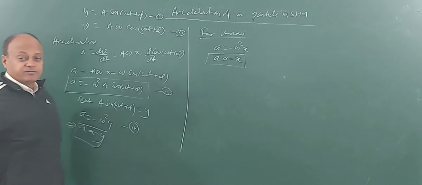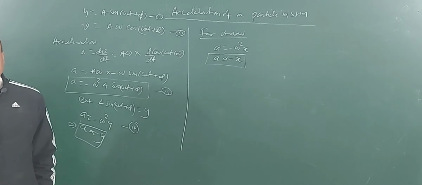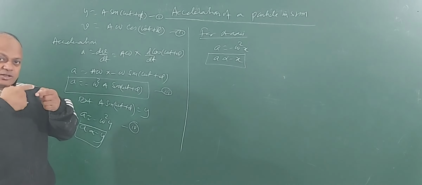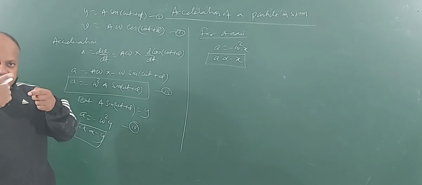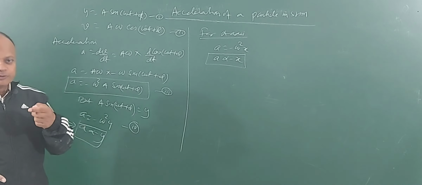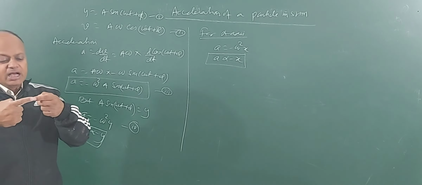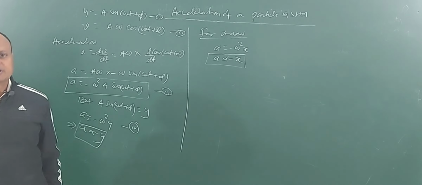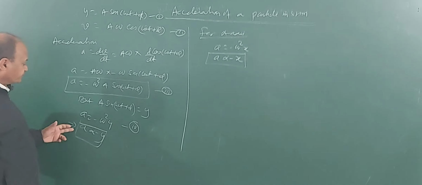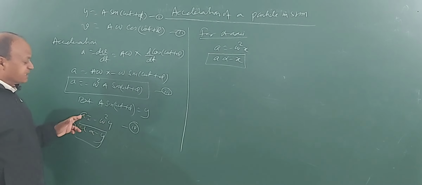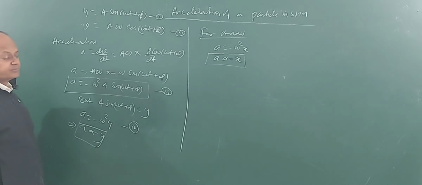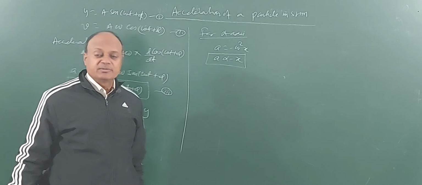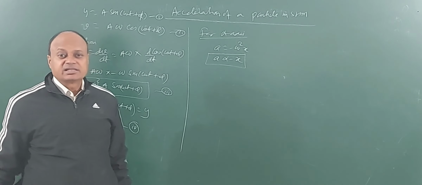Well, what is the significance of the negative sign? The negative sign means that if the particle is going to the right, acceleration is acting towards what? Left. That's called restoring tendency. I discussed it in the previous video. Restoring force is required, and if the particle is displacing to the left, then acceleration is acting towards the right. So, at the mean position, acceleration will be 0. And at the extremity, acceleration is maximum, but in opposite direction.